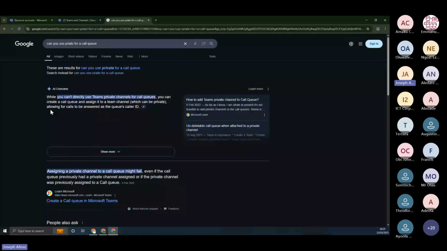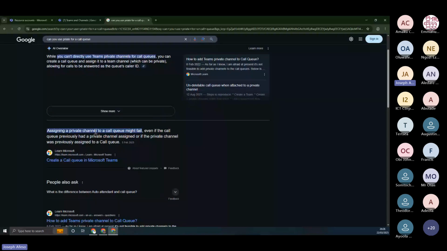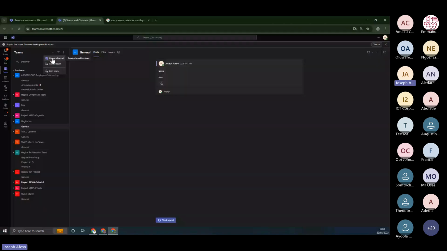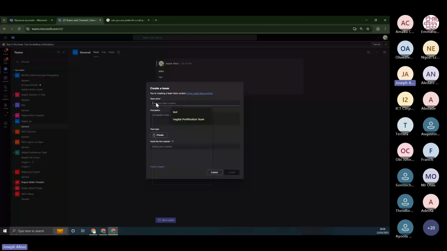Okay, so let's check something. Assigning a private channel to a call queue might fail, even if the call queue previously had a private channel assigned to it. I think the last time I checked, you must have a standard channel for a call queue. So we just create a team, right? And then we are going to be calling it M365 Community Call Queue. All right. We may just call it support,